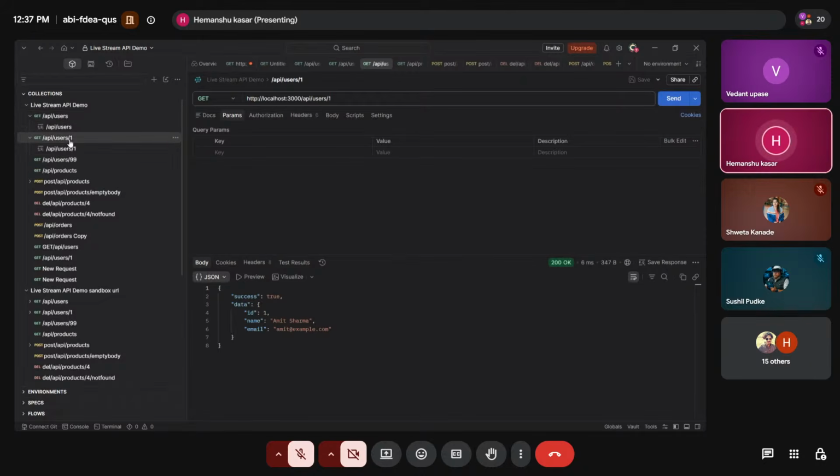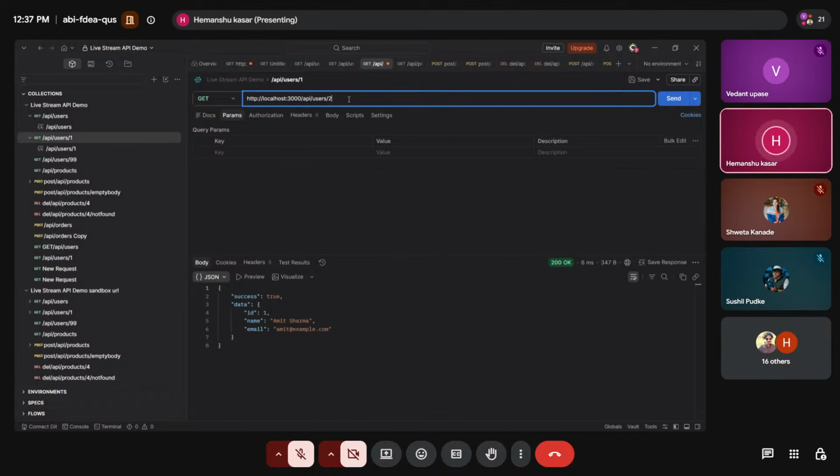Now simply we go to slash API slash user one. Means this particular endpoint means we have to get the data of a particular member, whichever data is present in our database. Suppose using the ID we will be able to receive that particular person's data.